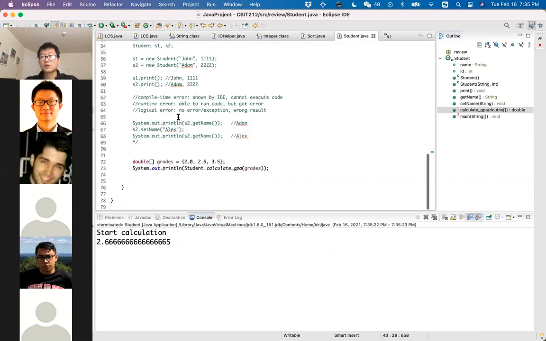So this is how you are going to fix your runtime error. Again, runtime error means that your code does not have any grammar error. You're able to execute it, but you got some error when you're doing the execution. Your code cannot be executed successfully.